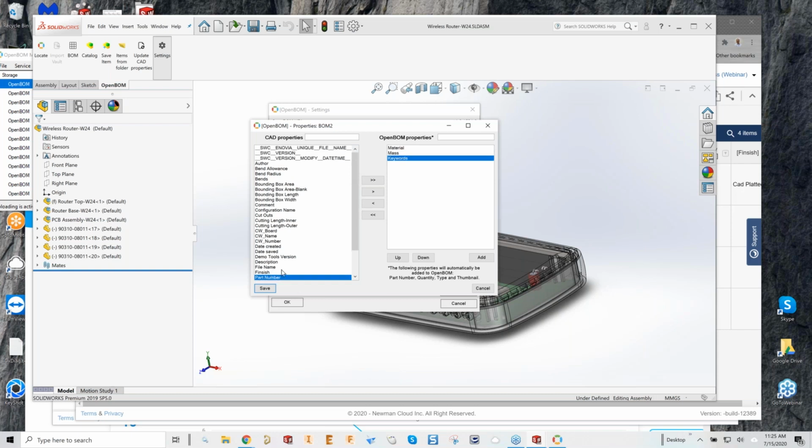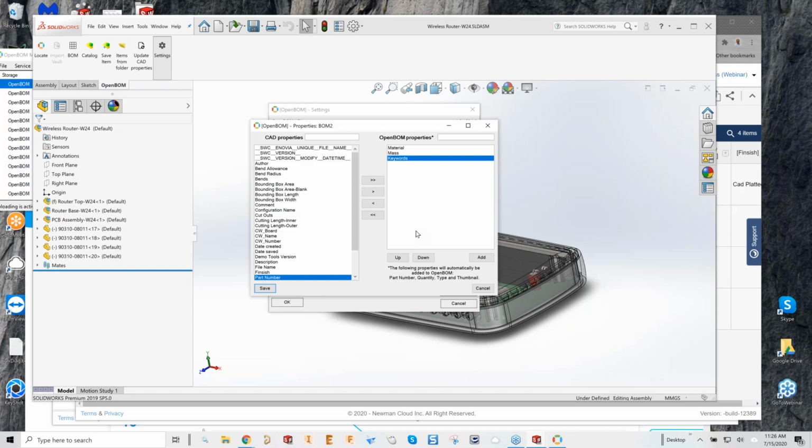And like I said, the default behavior is that OpenBOM will just pick up the ones that have some value in them. But if you wanted to include some other ones, you can go ahead and add those here. You can move these up and down here, but keep in mind there's a number of contributing factors that